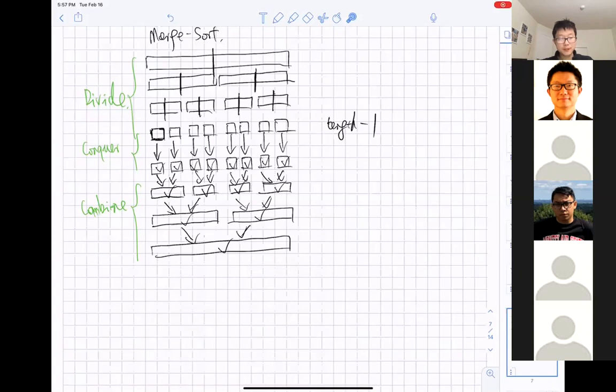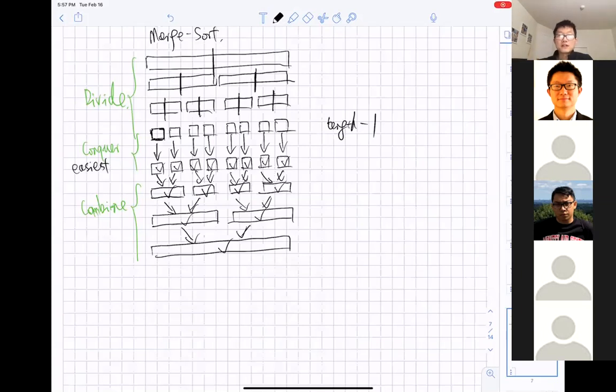So if no problem, then I'm going to ask one question. In your mind, out of these 3 steps, which one is the easiest? I think conquer. Yeah, me too. Yes, conquer too. Conquer is the easiest one, because if you are asked to implement the conquer function, you don't do anything. Given a length 1 array, you just return it, right? Correct.